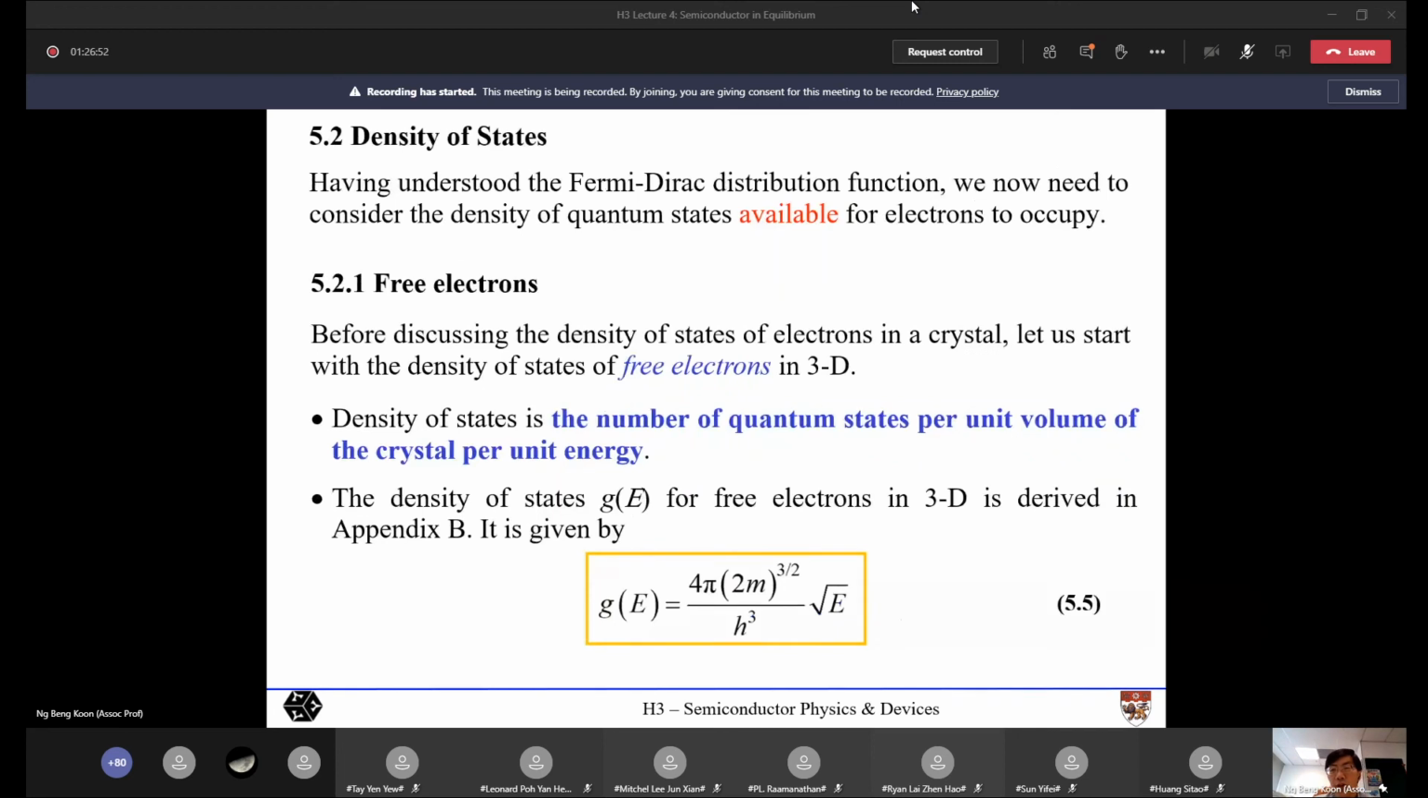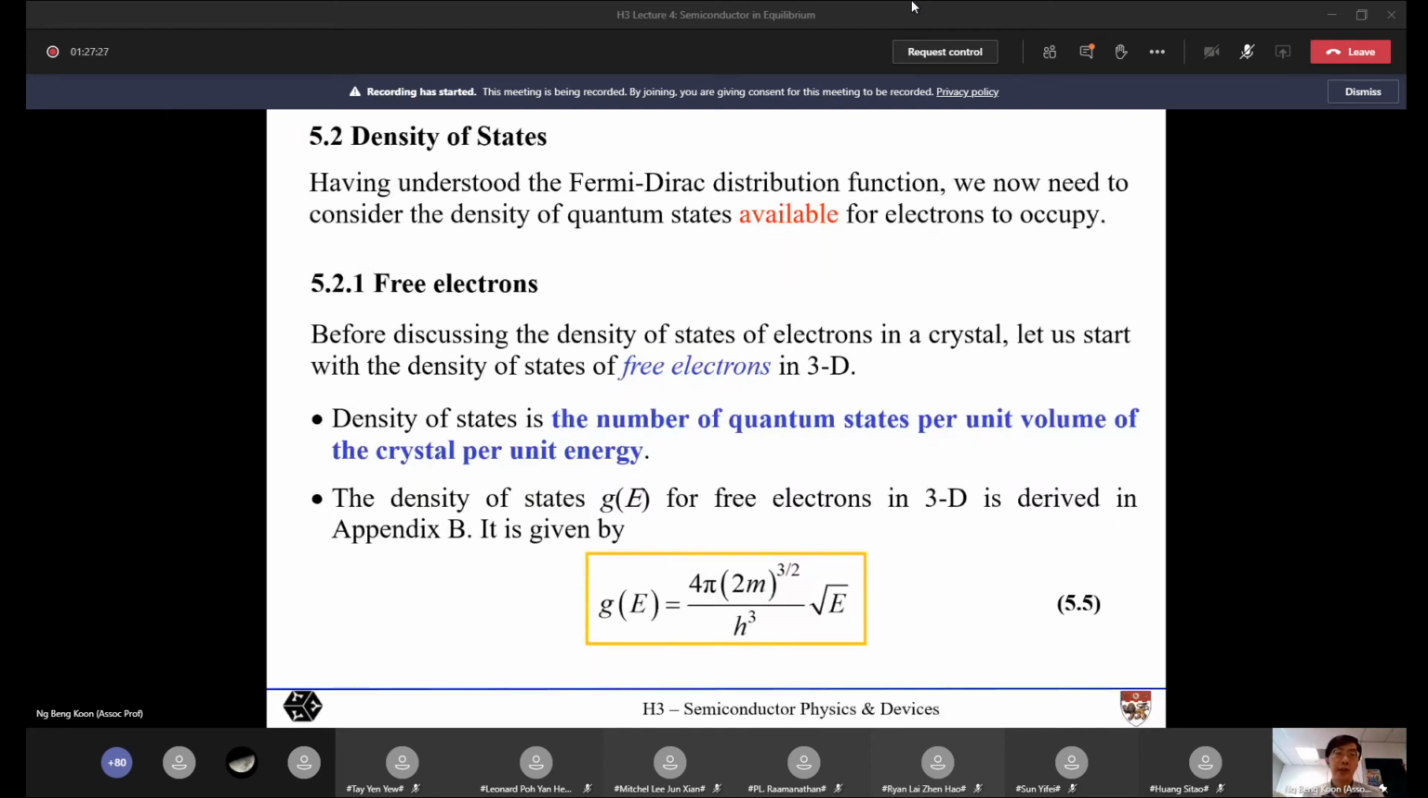Now the other quantity that we need to know to calculate the concentration of electrons and holes in the conduction and valence bands is the density of states. Generally speaking, the density of states, as you mentioned, refers to the number of states that are available per unit volume, per unit energy in a semiconductor. So you can think of it as seats that are available at each energy level,